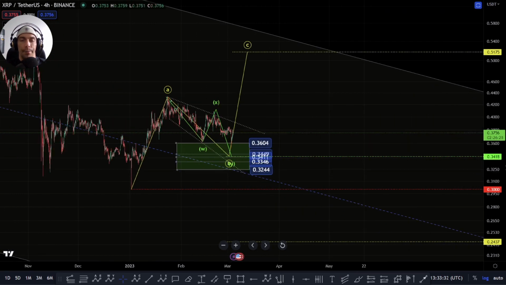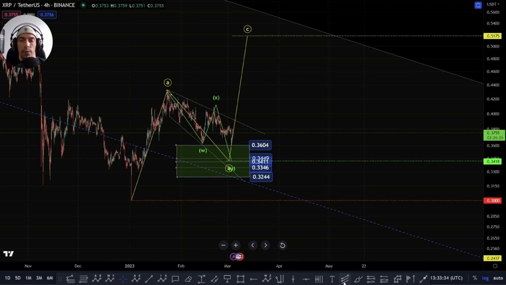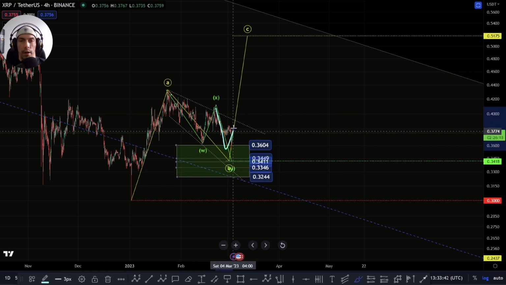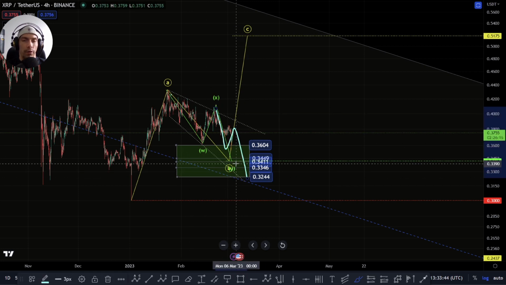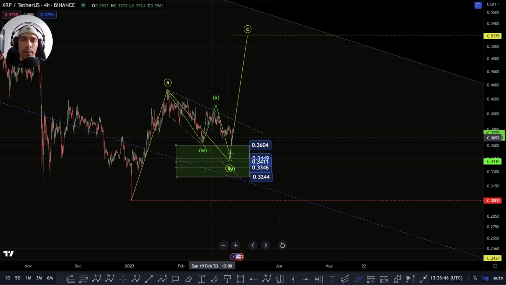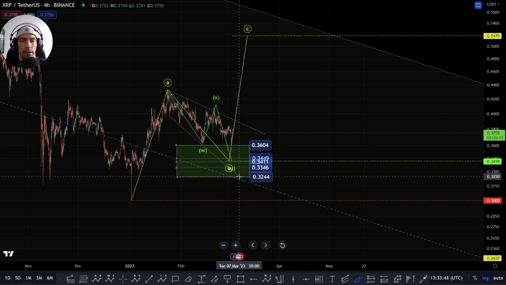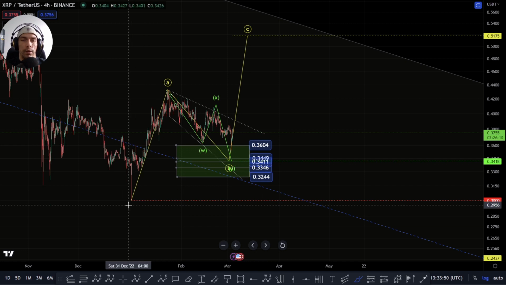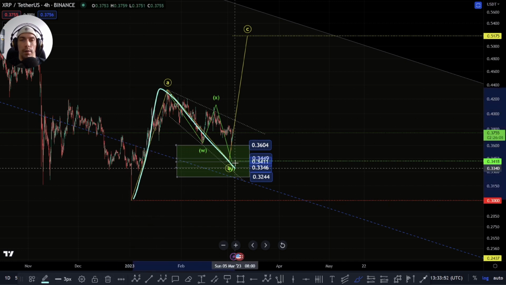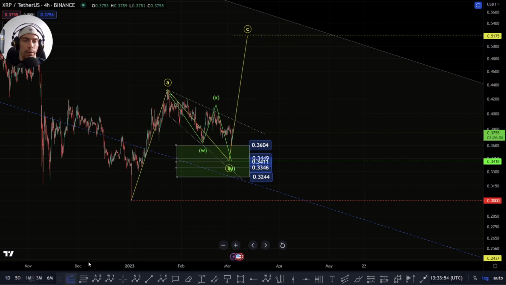Like I said, as long as we hold this 32.44, even if we do come down one more time, potentially we could come back down and retest this. And like I said, this is a W, an X, and a Y, and we actually push down one more time towards that 1-to-1 or slightly lower. We can still look at this possibility of either an A, a B, and a C, or alternatively, if we do move high enough, we could look at that